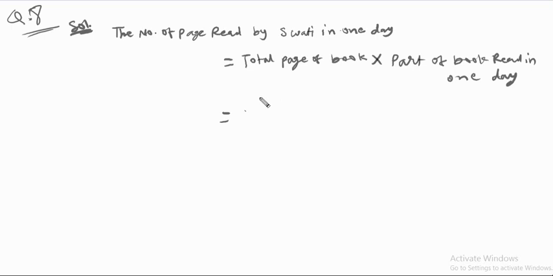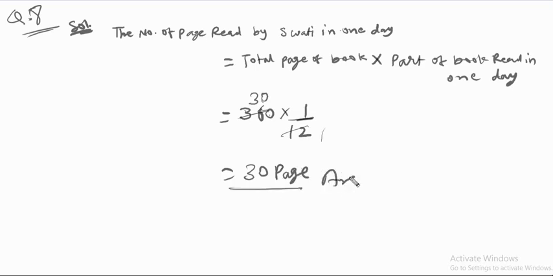There is a total number of 360 pages. Now multiply it with the part read by Sweetie in one day, 1/12, right? Here you can cut it. 12 1s are 12, 12 3s are 36. So here 36, and this 0 will be as it is here. So 30 will come, meaning 30 pages. This is your answer. Means Sweetie can read 30 pages in 1 day,